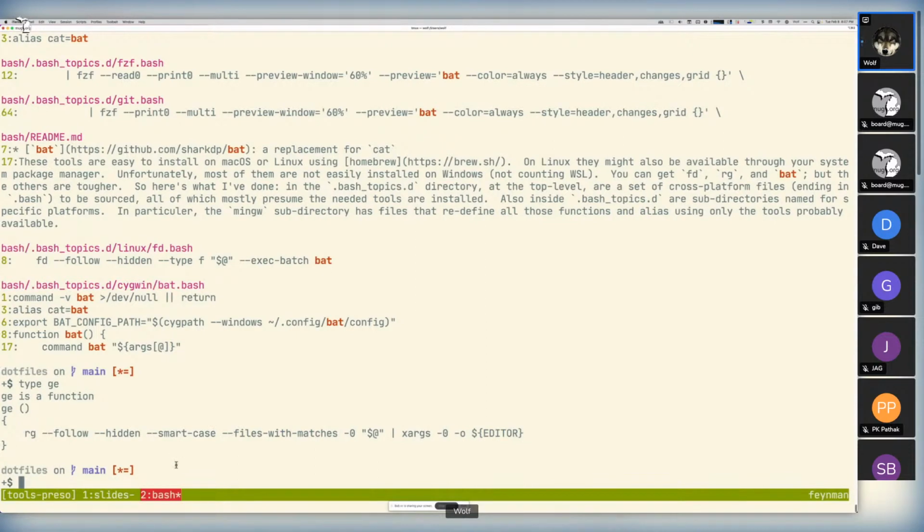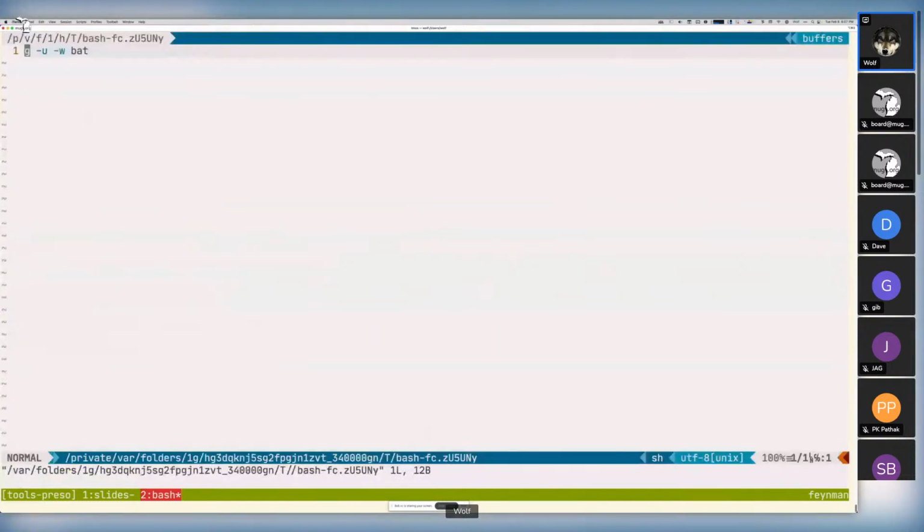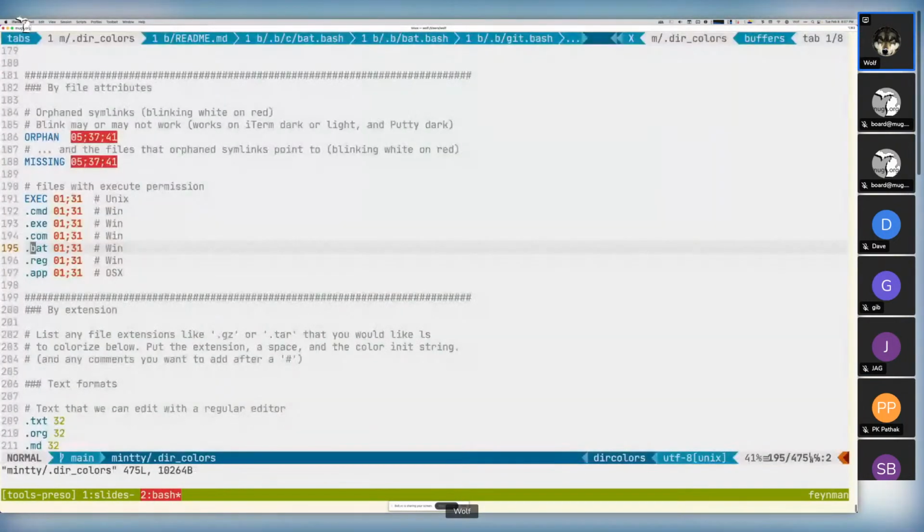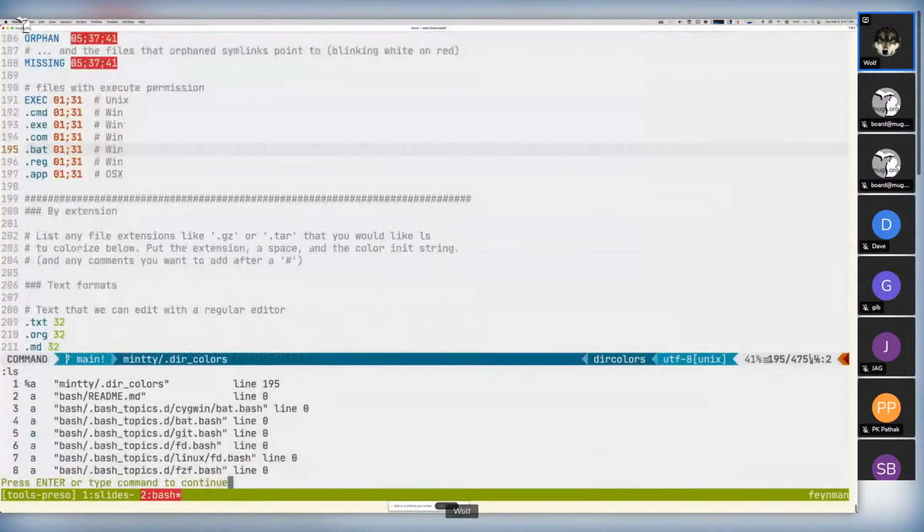So if I took the previous command, G, and let's edit this and make it be GE, this is going to open my editor with however many files this is, 5. Let's actually count the buffers. 8 total files,